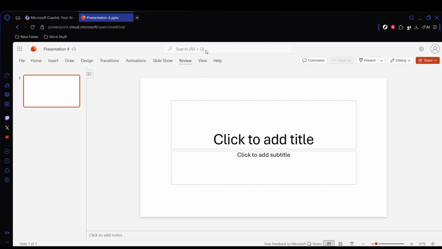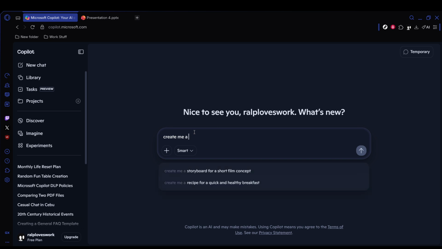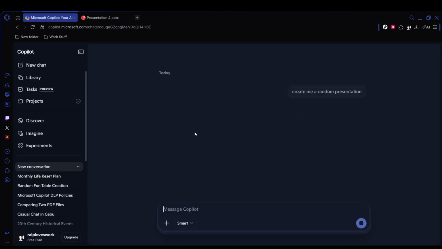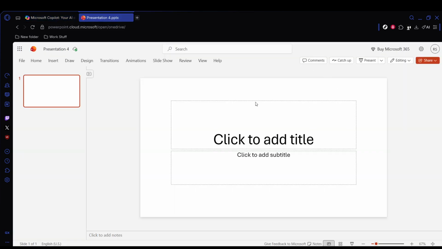Next, if you do have the correct license but still don't see Copilot, the next step is to contact your IT administrator. In many organizations, access to Copilot also depends on company level settings. Your IT admin may need to enable the Copilot integration from the Microsoft Teams Admin Center before it becomes visible to users. So even if your account is licensed correctly, the feature might still be hidden until that organizational setting